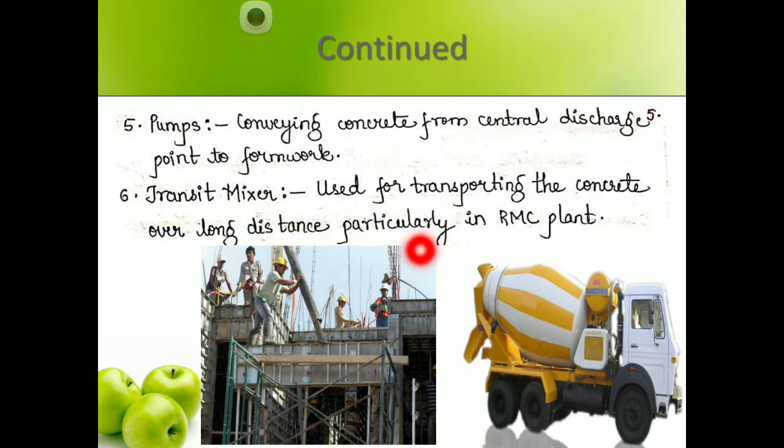Next one is the transit mixer. Transit mixers are nothing but mixers. The transit trucks carry the concrete from the RMC plant to the site where the concrete is required. The drum keeps rotating continuously and water sprinkling also takes place so that the concrete does not harden very soon and does not lose its strength and durability. This is used for larger distances or shorter distances, or where the sites are very much inside and you cannot cast the concrete at the construction site. Then you can go for RMC, that is, the transit mixer.